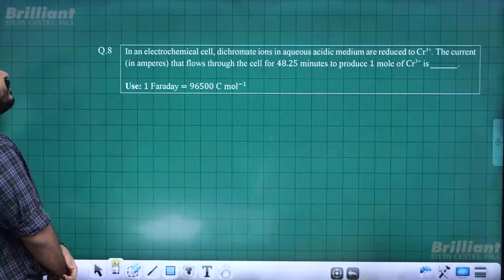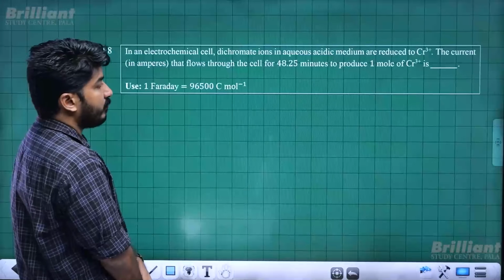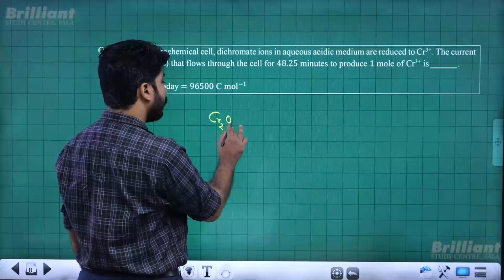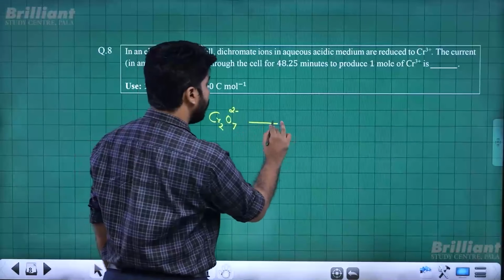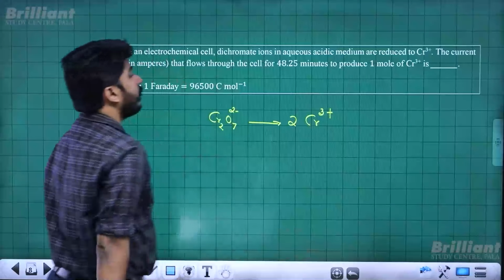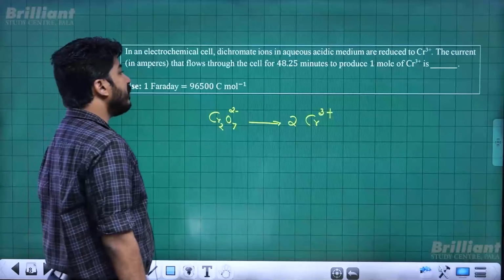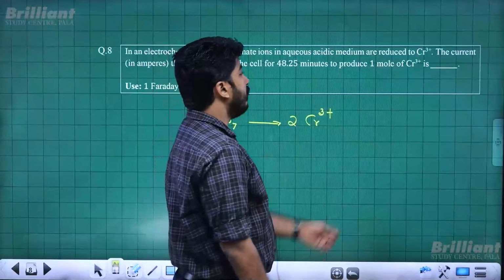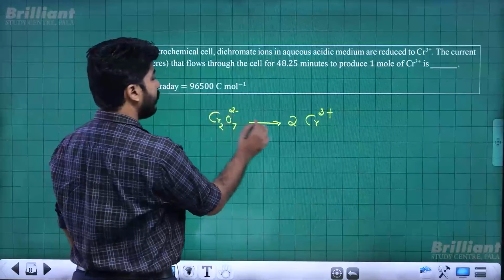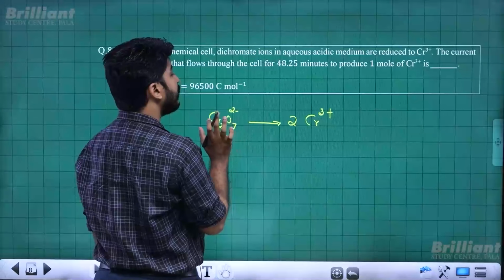In an electrochemical cell, dichromate ions in aqueous acidic medium are reduced to Cr3+. Okay, so the half reaction involved is Cr2O7 2- becoming chromium 3+. We need to find out the current that flows through the cell for this much time to produce 1 mole of chromium 3+. If we want to form 2 moles of chromium 3+, we have to pass 6 farad of